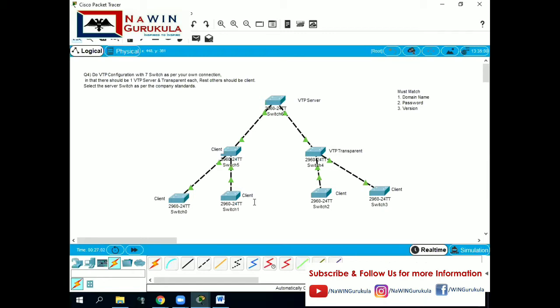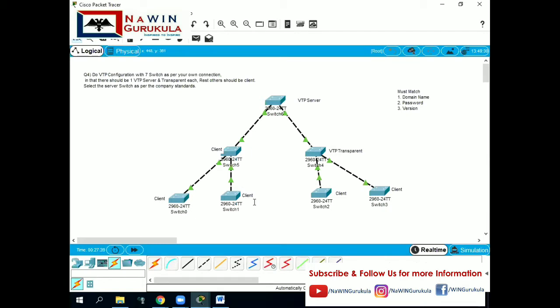You can create, modify, and delete VLANs in server mode, and it can synchronize the VLAN configuration. It sends and forwards the advertisements of the VLAN. It saves the configuration in NVRAM.